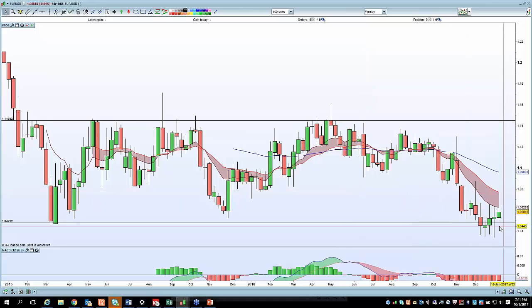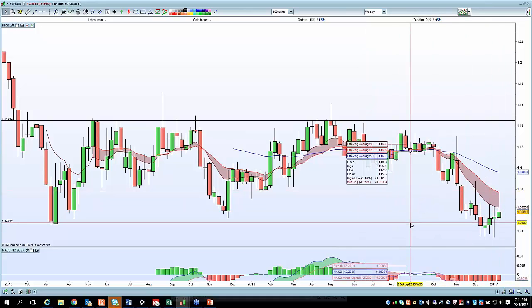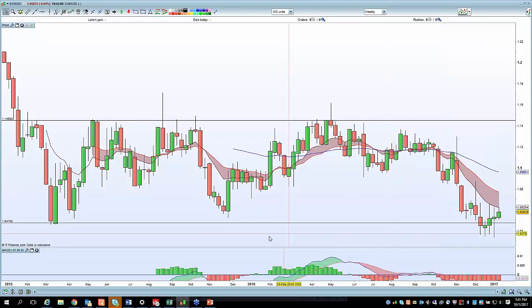Now this 105 level, right? This 105 level was very tricky because 105 was a key support and it broke. It broke during, I think it was that Italy referendum in November. And I thought that it was going to be very bearish, but apparently the way the candles got supported at around